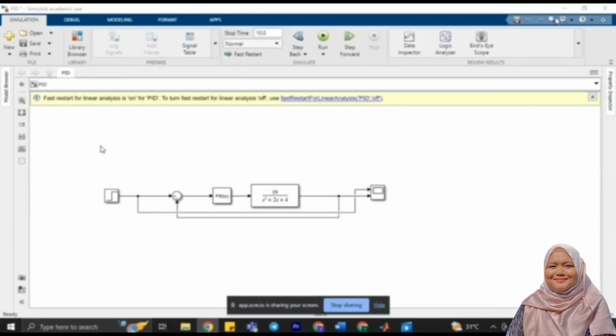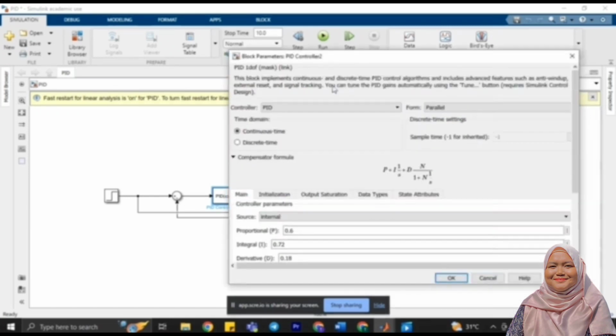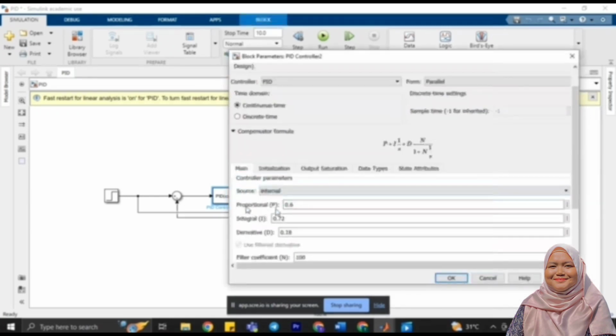Okay, so let's continue to the PID controller with the closed loop. So we still use the same block diagram. First we need to use the step function and connect it to the sum, which is plus minus, and then connect to the PID. We still use the PID controller, but don't need to change the controller type because this is a PID function. We need to set proportional to 0.6, integral to 0.72, and derivative to 0.18, and